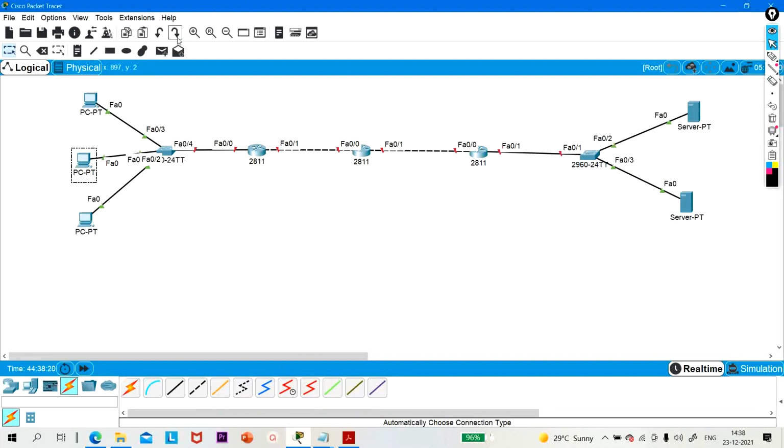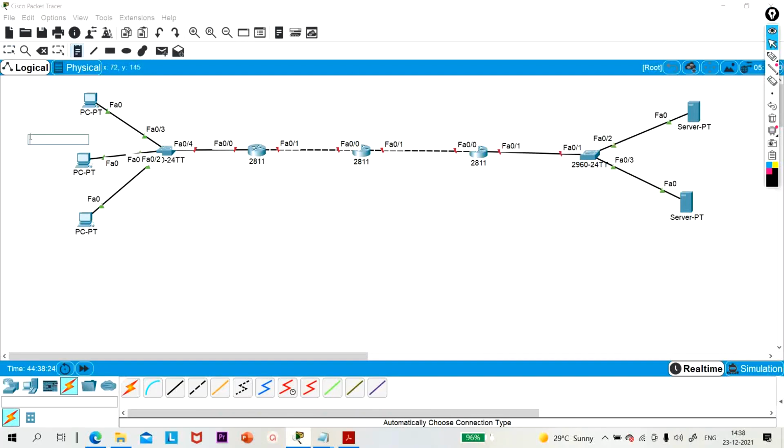So I am going to configure 10.0.0.0/8 here. Okay. 20.0.0.0/8 here. 30.0.0.0/8 and 40.0.0.0/8 over here. Okay.